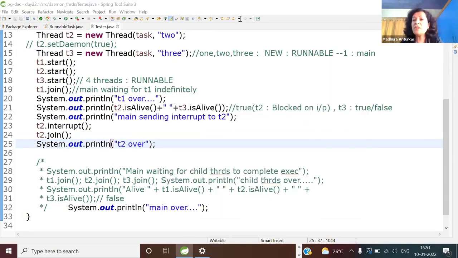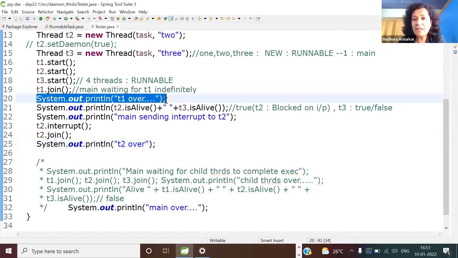So now, please don't run it because I have a question to ask you. Once we start running, here you are going to see 100% T1 over. There's no doubt about it. And if you don't press enter, means what? Whenever you type anything and press enter, you are supplying data.